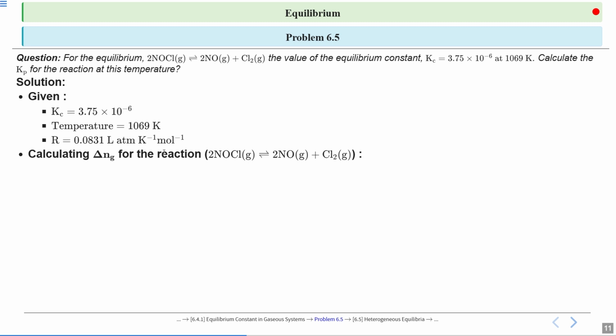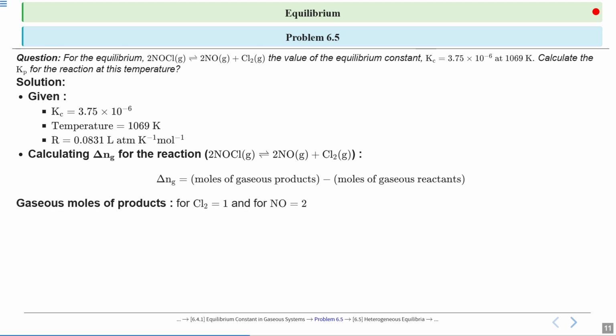Then next part, what we will do, we'll calculate the delta Ng. On the reactant side and the product side, just calculate the number of molecules. What is the number of gaseous moles on the product side? For Cl2 it is 1, and for NO2 it is 2. Therefore the change would be how much? And for NOCl it is 2, right? So we have this NOCl also on the reactant side. So delta Ng will be 2 plus 1 minus 2, which will be plus